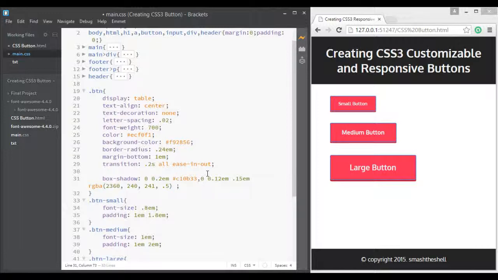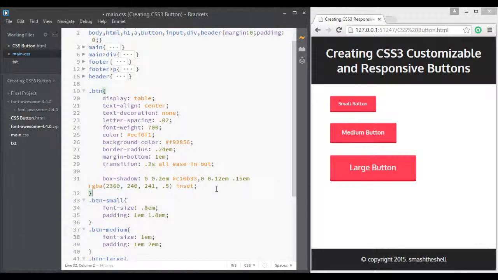We want this box shadow inside these buttons at the top, so I'll give it inset. This is a very subtle effect, so you might not be able to see it in this video, but you can see this effect in your project that you are building.